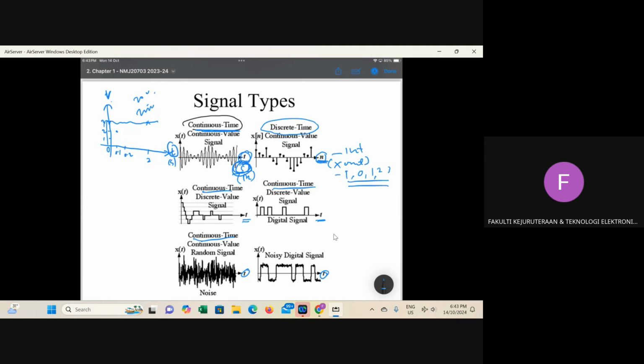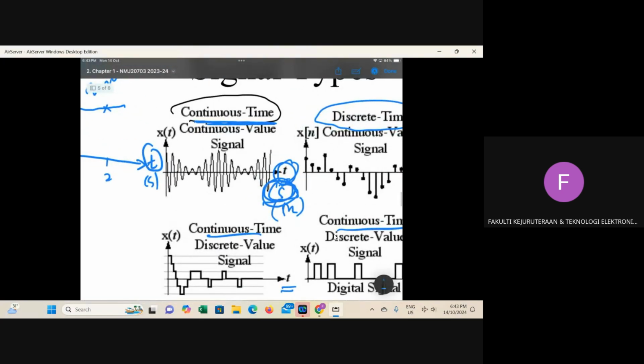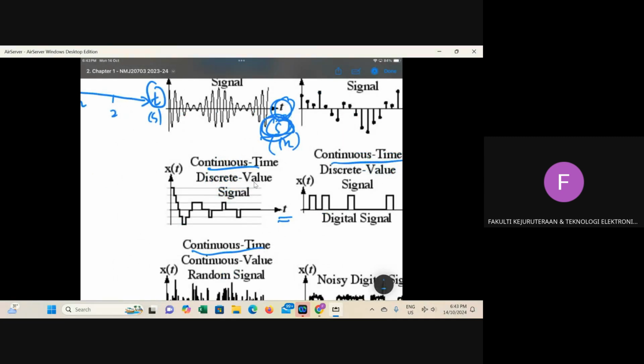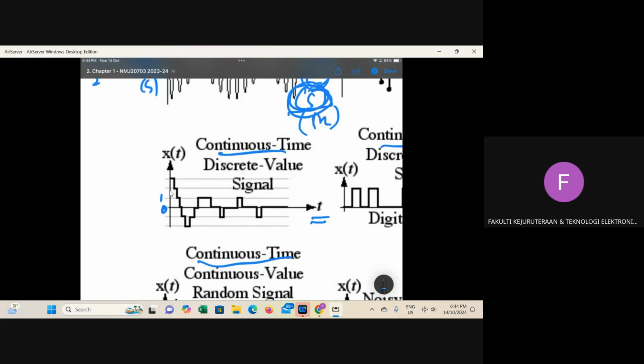All right, and the second is the value. So for the value, we look at the amplitude, right? So this is continuous value. See here is continuous. The value in the first one is continuous, right? This one is also continuous, but look at this one. This we call discrete value because the value or the amplitude abruptly changes. So from this point, let's say you label this as 0, 1, 2, 3. All right, so this 3 abruptly changes to 2. So see here, this is the point. Okay, so we call it discrete value.